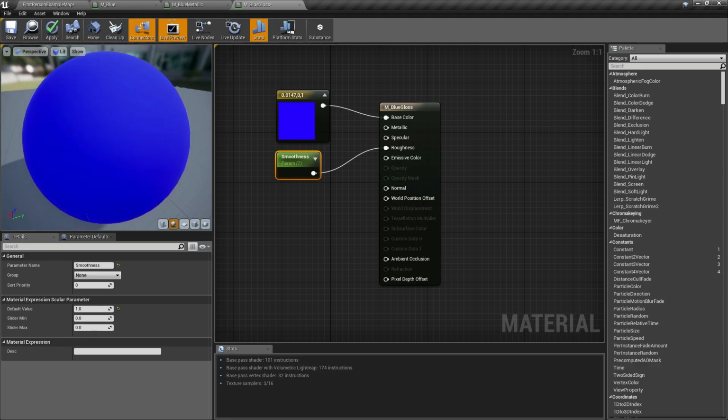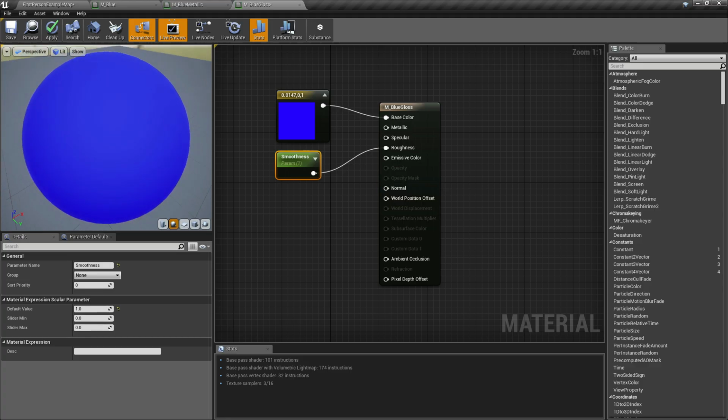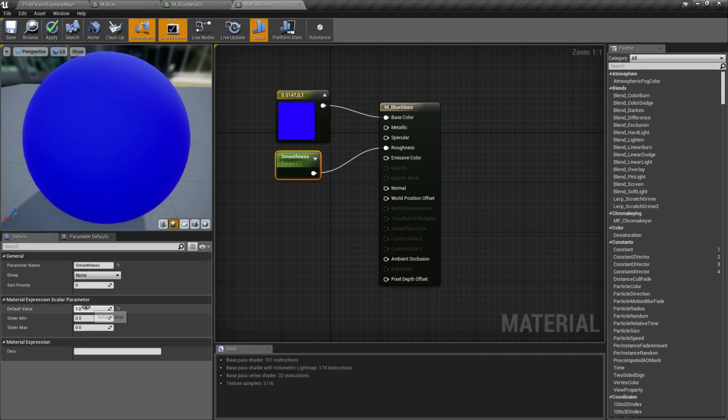So for now, let's keep the smoothness at 1.